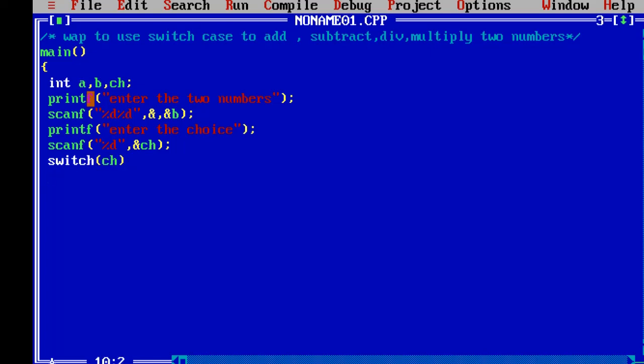Switch, ch. So case, my ch is taking %d, that is an integer value. So we can start with case 1. Case 1 is for addition, so we put a variable here and do the operation. We are using the variable c, so we have to declare the variable c here, right? So with the proper indentation here, we say printf